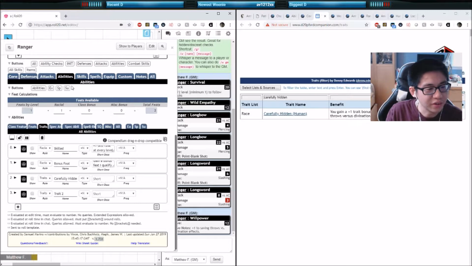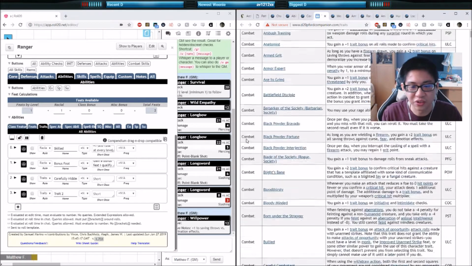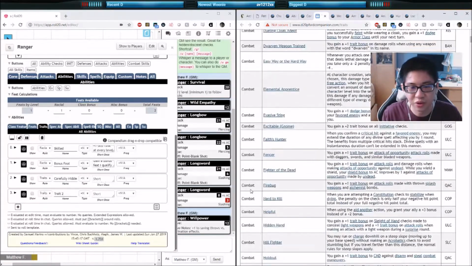So after that, we have our first trait. We need to pick our second trait, and our first trait was a race trait, so our second trait can't also be a race trait. So let's go to combat traits. All right, Rangers are primary combatants. We might as well pick a combat trait. And the one that we always go for,